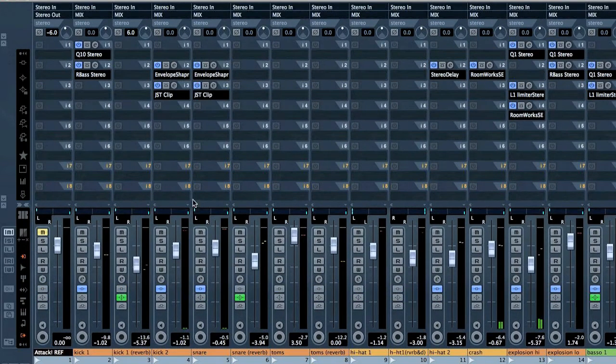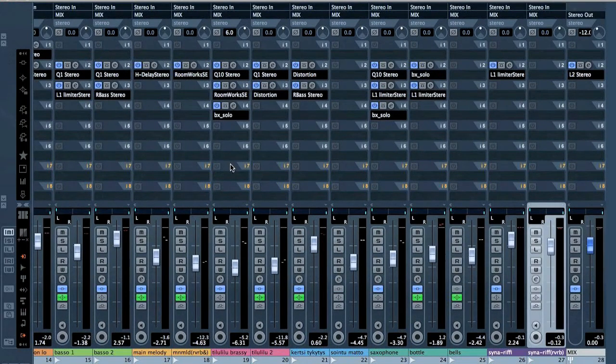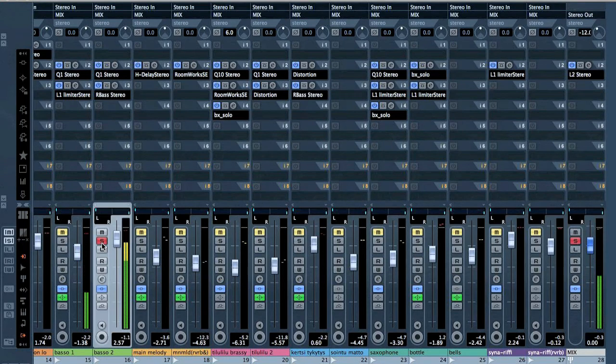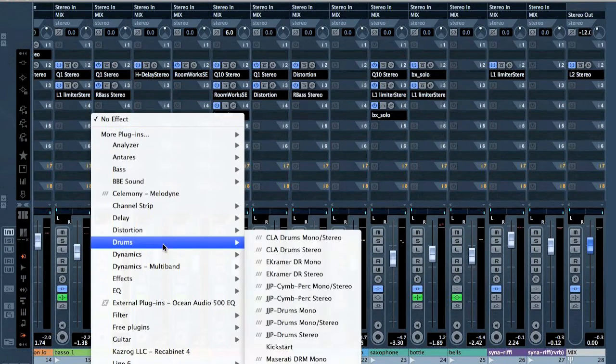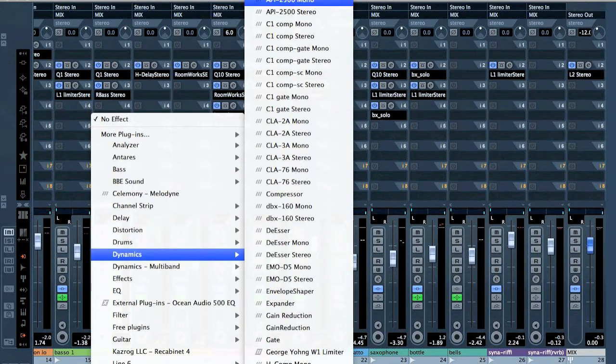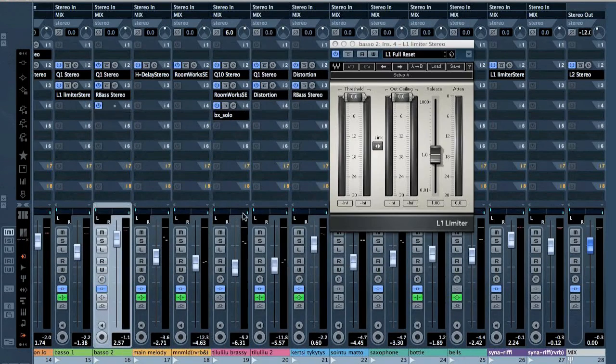So let's save at this point, and I think now we have everything open, so let's check it from the beginning. So this is now our bass low end. What I'm going to do is squeeze the shit out of that, so it's going to be really